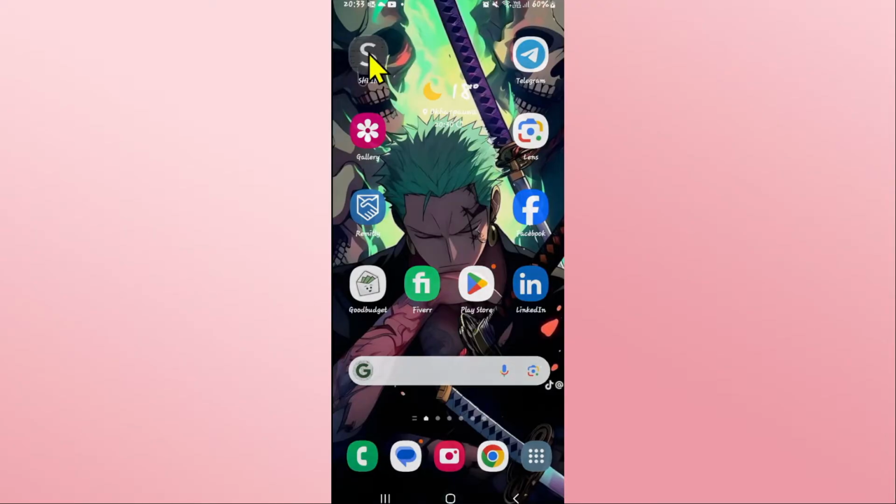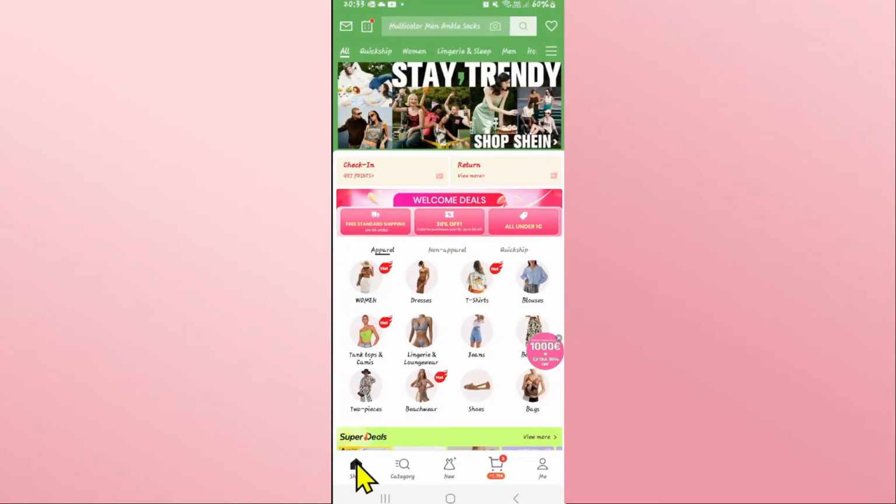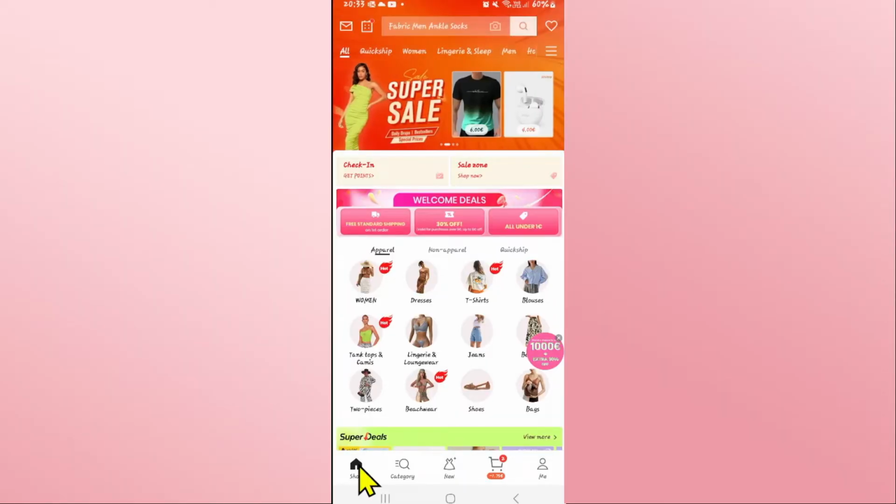First of all, open up the Shein app on your device and then log into your account if you haven't done so already using your email address and your password. After logging in, you will be taken into the shop page from which you can directly start shopping for various